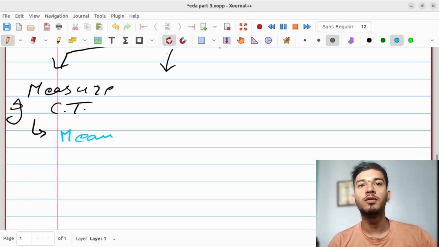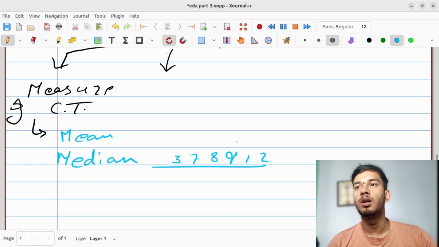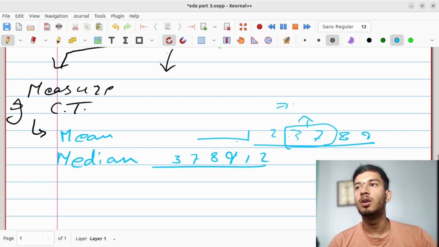It is the average of all values in a variable, right? And we can also use median. This is the middle value when data is ordered. Like you are given 7, 3, 8, 9, 1, 2. So first you will order them, like first 1, then 2, then 3, then 7, then 8, then 9. And then you will find the central value of it. Like it is 3 and 7 here. So you will take the average of both. And that will be your median, right?